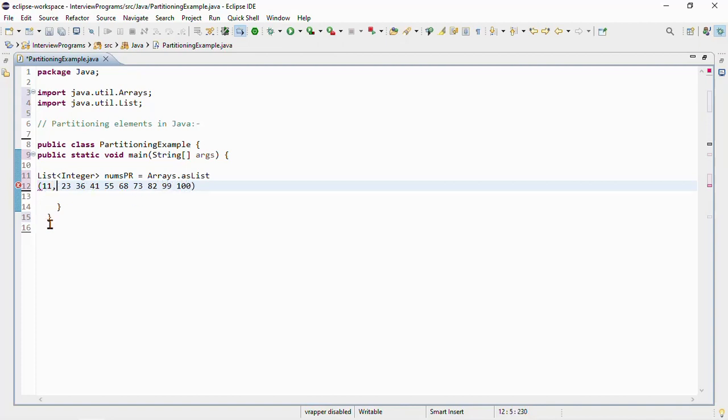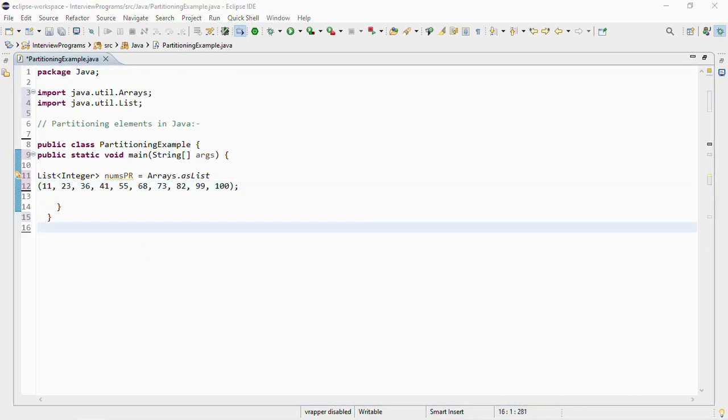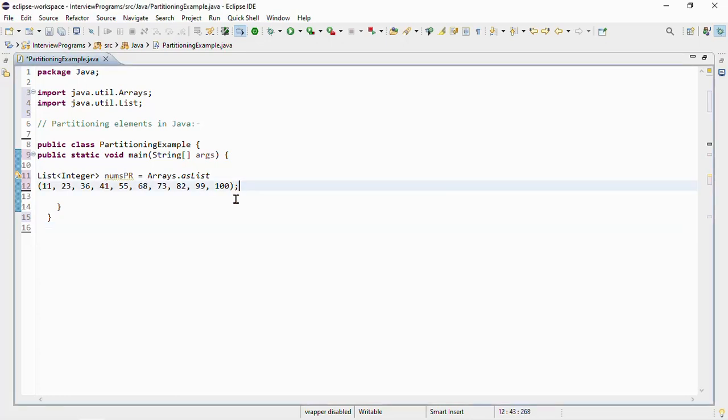Now just add the commas here. So friends, our list of numbers is ready. Now let's partition the numbers into even and odd.